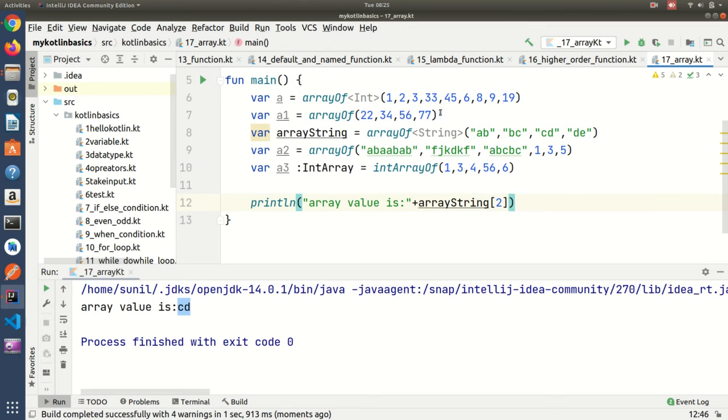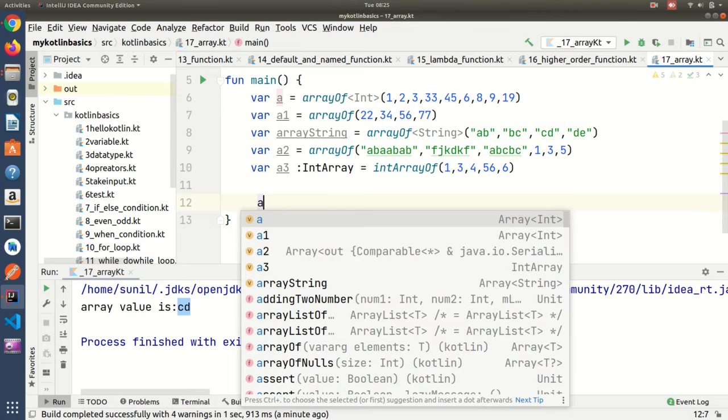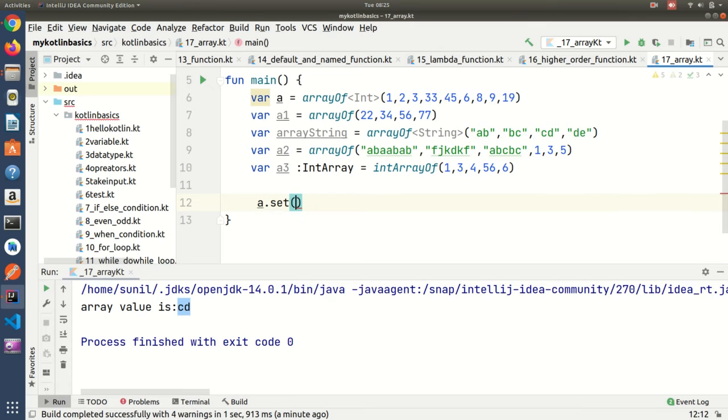And in between, suppose you want to add some data. For that, what you can do is, for adding data, you need to write a dot set, where at 0 I want to set 7.